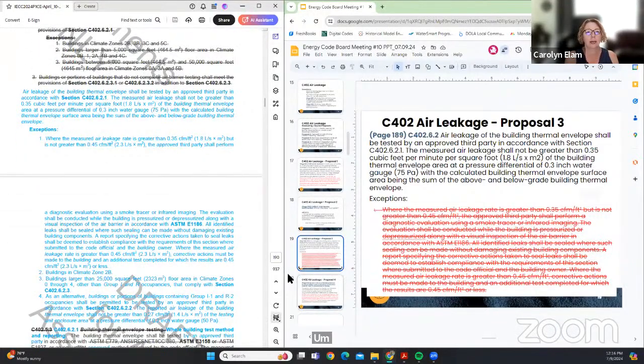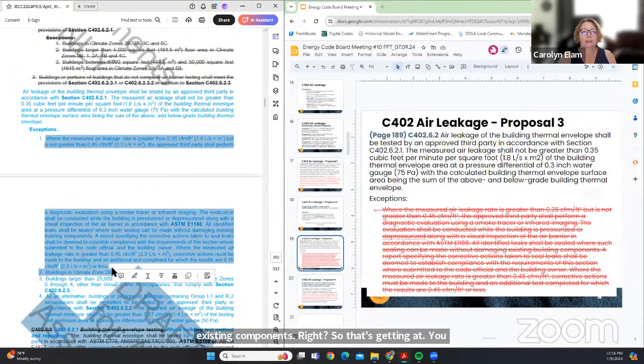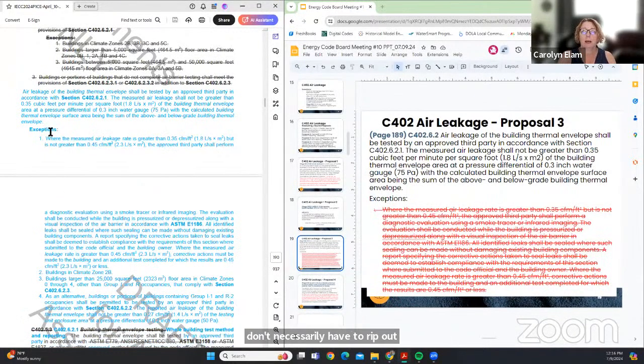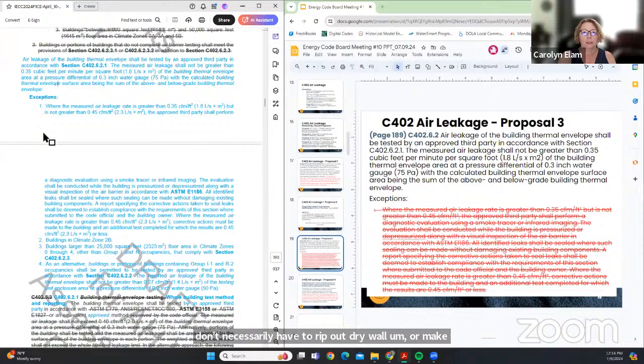So that's getting at, you don't necessarily have to rip out drywall or make it so invasive. So I would advocate for keeping something here, and to the extent that we're concerned about the stringency of the requirement and the cost of the remedy, we could potentially work further on this language.